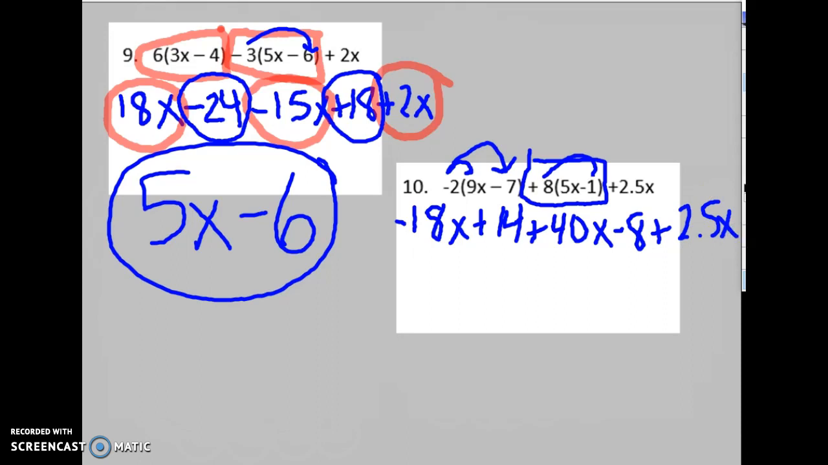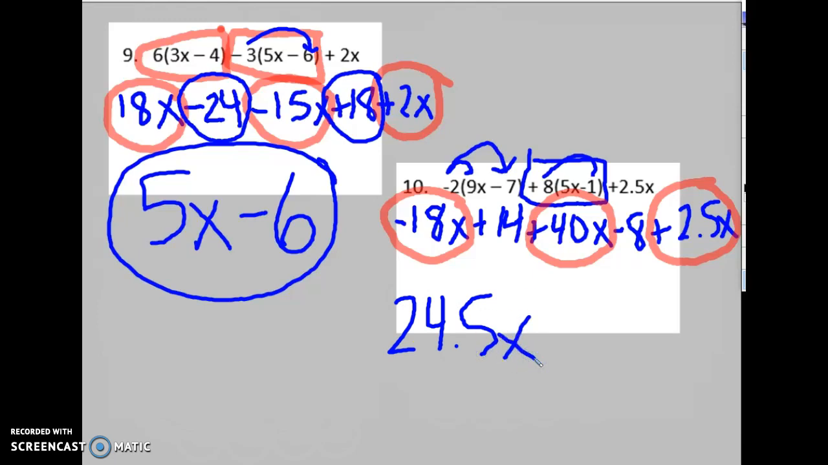And then last, you need to combine like terms. So I'm going to put a circle around everything that has the variable x, and that tells me that I know those items have to get put together. So we have negative 18x plus 40x plus 2.5x. And again, use a calculator there. You should get a sum of